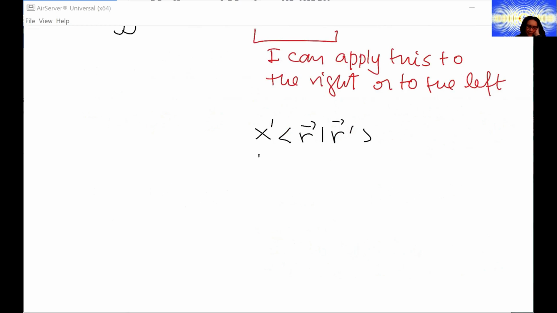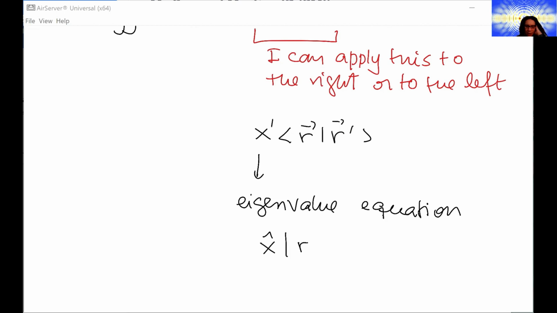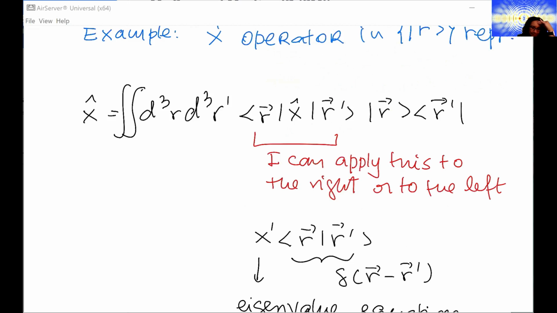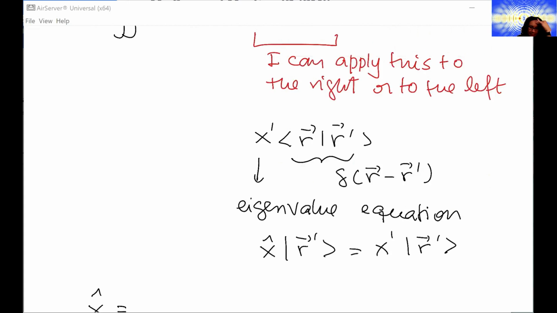Remember that what I used here was this eigenvalue equation, whereby I say that the X operator applied to |r'⟩ is going to give me x'|r'⟩, right? Note now that this is the Kronecker delta of r minus r', which means that X can be written as